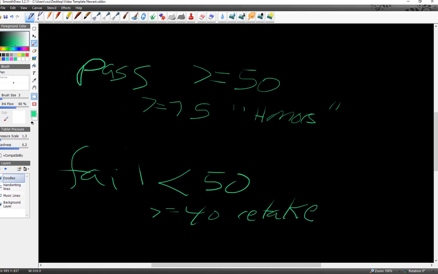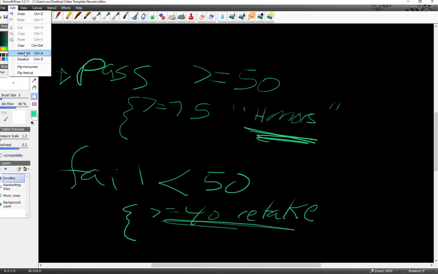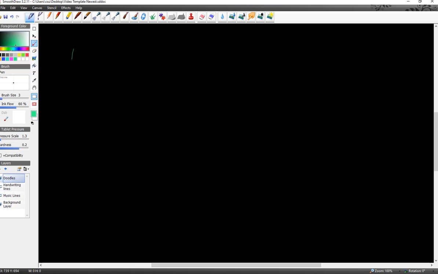So these conditions depend on a previous condition. So there's the case where you pass, where then if you meet some other condition, if you meet the first condition, then you have to meet the second condition in order to have the honors distinction. If you fail, so you don't meet the pass condition, there's another condition you would have to meet, the retake condition. And what this would look like in terms of if statements, we can clear this, is we would have